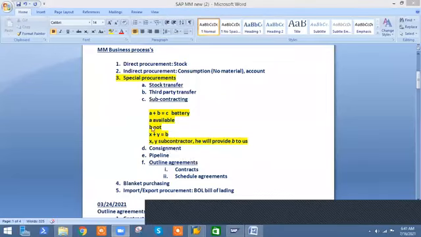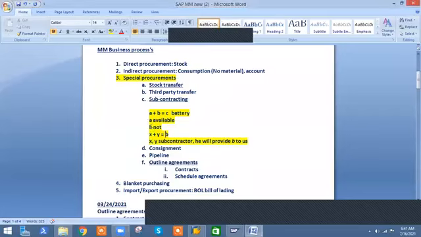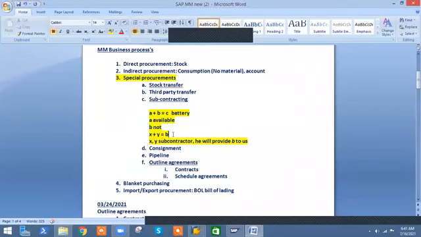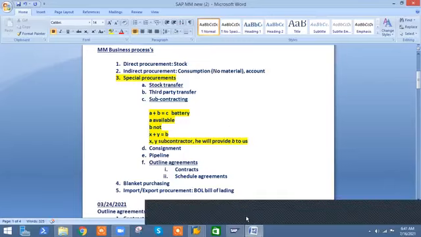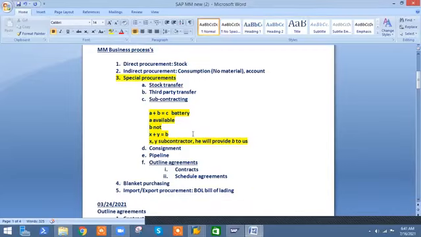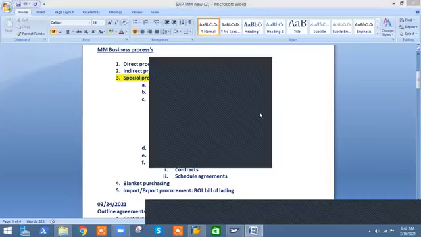No issues. So A is available, B is not available. To produce B, we require raw materials or input materials X and Y, which are available at our location. But we do not have sufficient machinery or men, or the resources to produce material B. So what we are doing is providing the raw materials X and Y to some subcontractor, so that he is going to